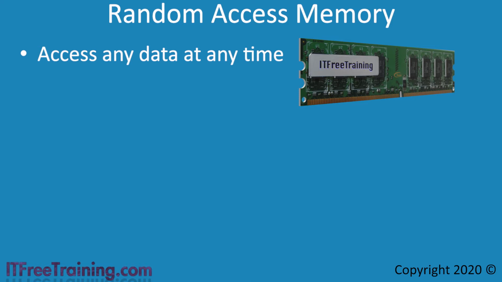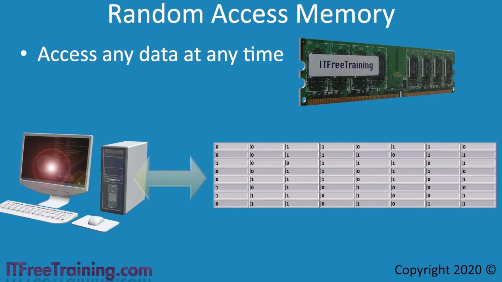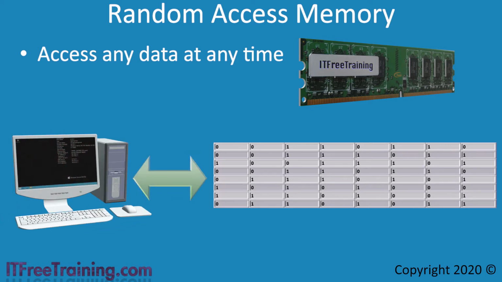Memory is accessed by the computer like you would access data in a spreadsheet. Essentially, the computer can access any memory inside the memory module in the same way you access any cell in a spreadsheet. The memory is laid out in ones and zeros. However, when accessing the memory, it will be accessed as a group. In later videos, I will look at this in more detail.